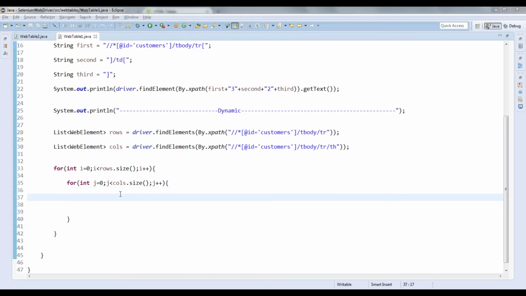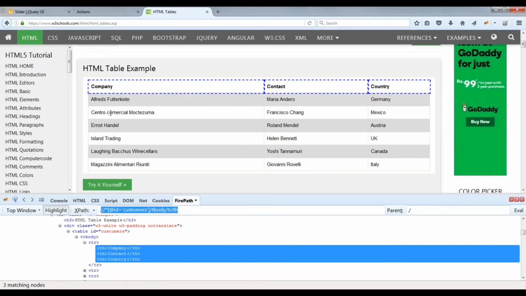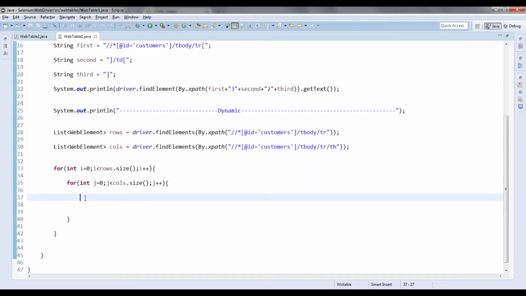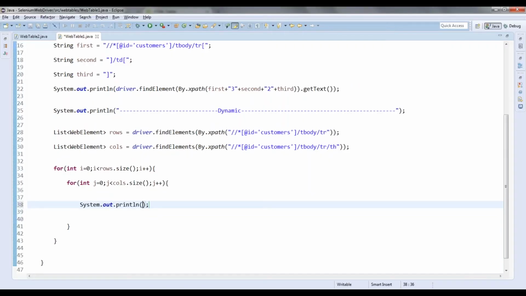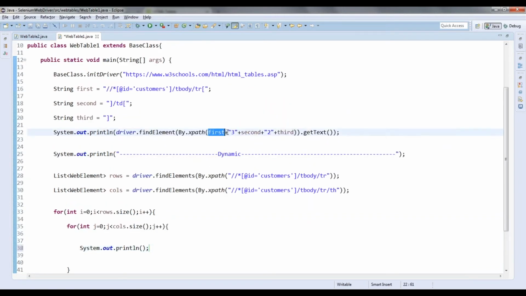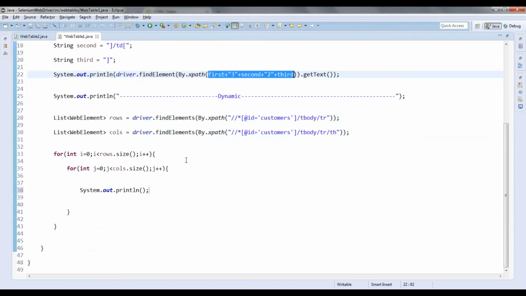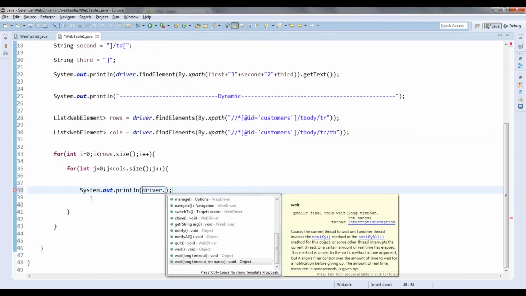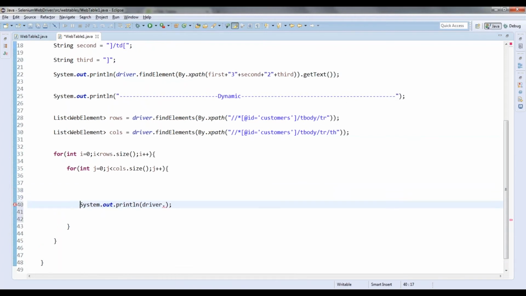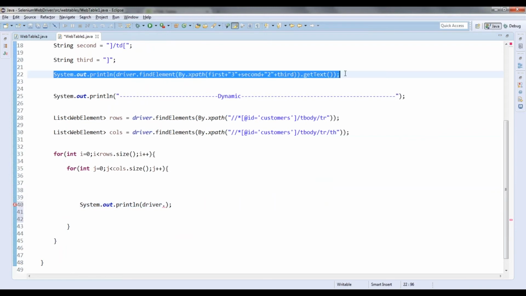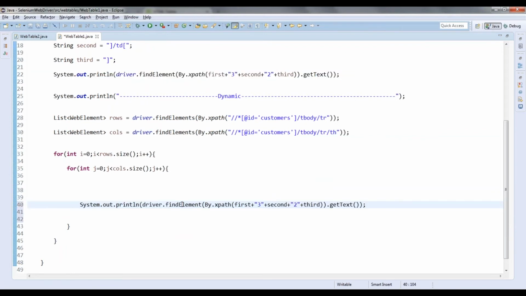And then if I want to get the values out of these rows and columns, let me display the entire table first. To display the entire table, System.out.println, I will use the same thing, dot getText.